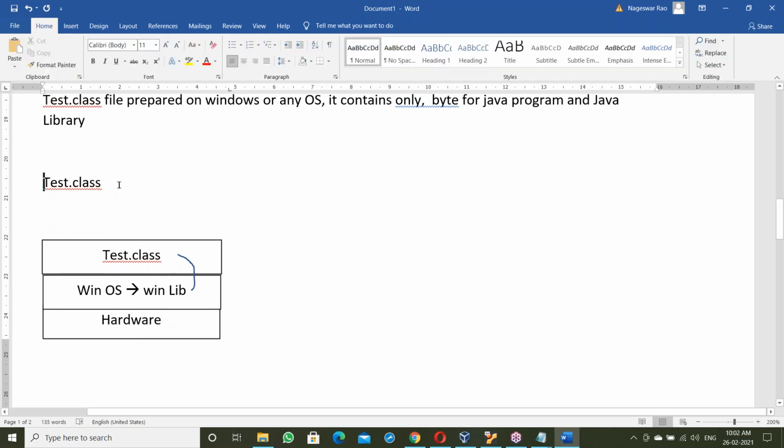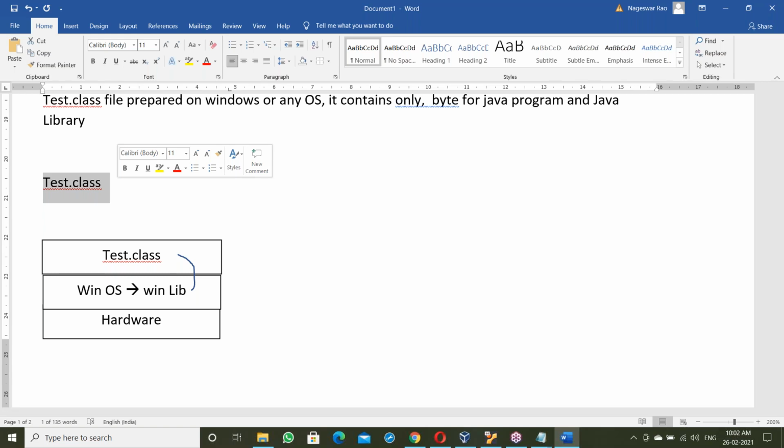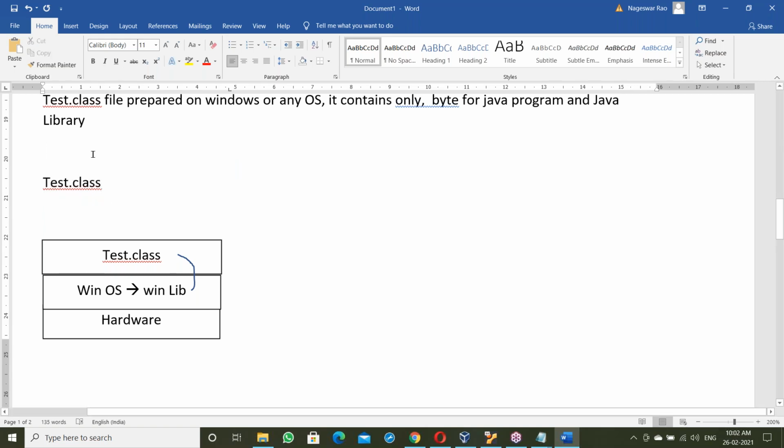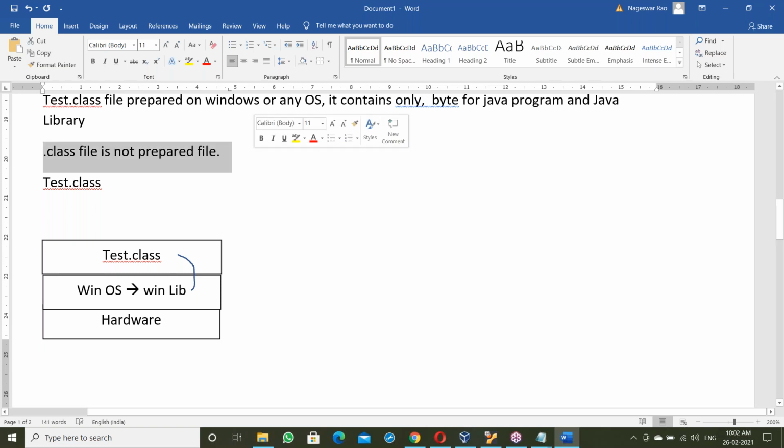But a .class file doesn't have any Windows library. It's not a prepared file.